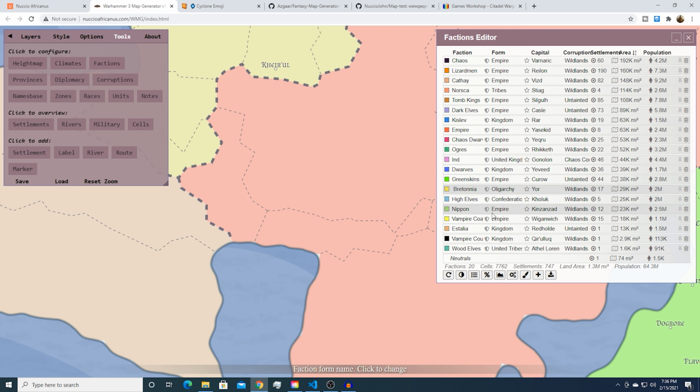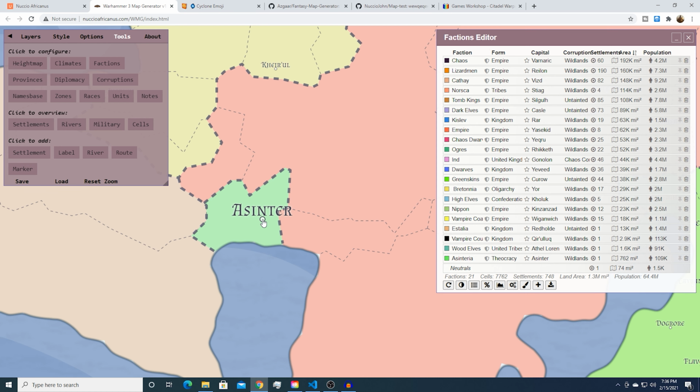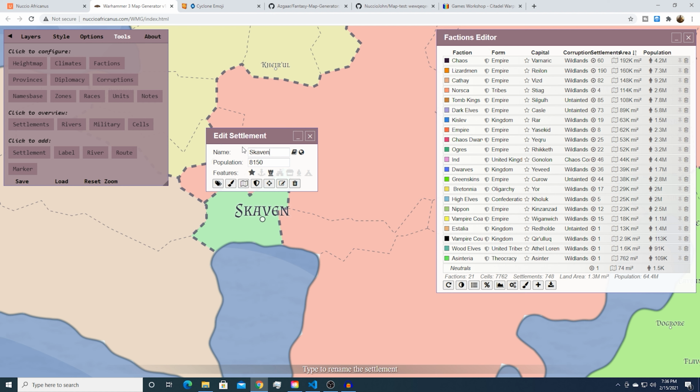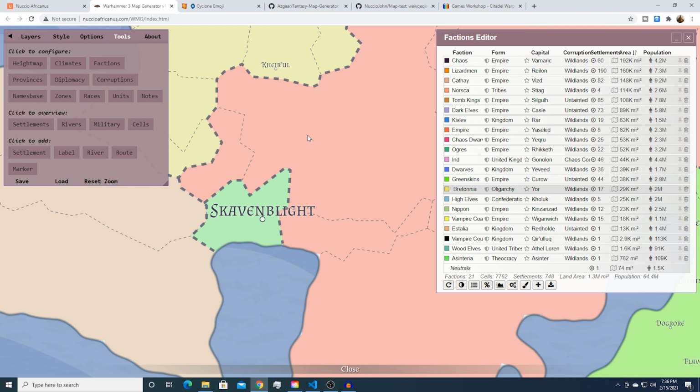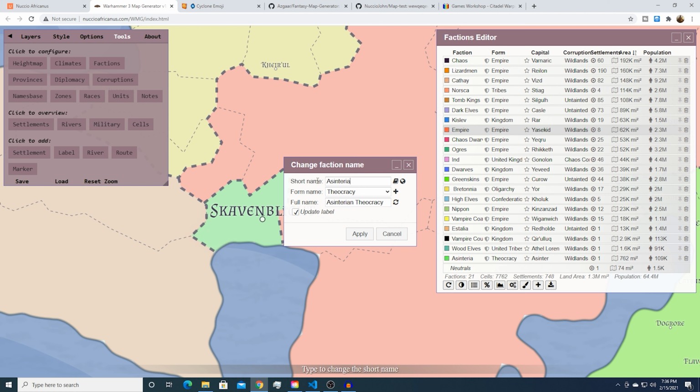Let's create Ikit Claw. So let's make a faction. Let's put it right here. Cool. That's going to be their capital. But I'm actually going to name this Skaven Blight. Okay. It's good. And this faction, actually, I like that green is actually okay. We'll just keep it. So let's call this Ikit Claw. And,